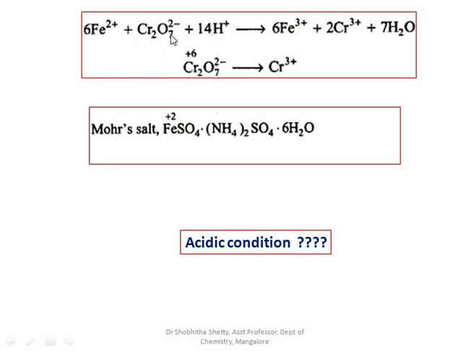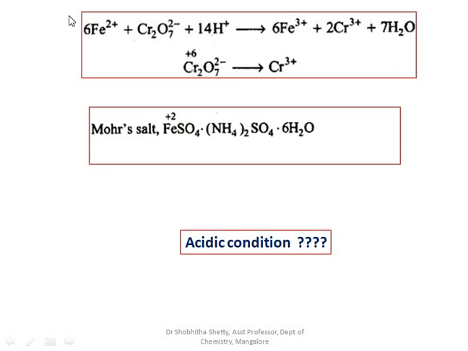As you go on adding, you can see Fe2+ oxidizes to Fe3+. So the concentration of Fe3+ goes on increasing, and Fe2+ goes on decreasing. As there is change in concentration of Fe2+ and Fe3+, there will be change in the potential of the system, which is indicated by the potentiometer. So the EMF value also varies. At this point the potential developed will be with respect to the Fe2+ and Fe3+ system.